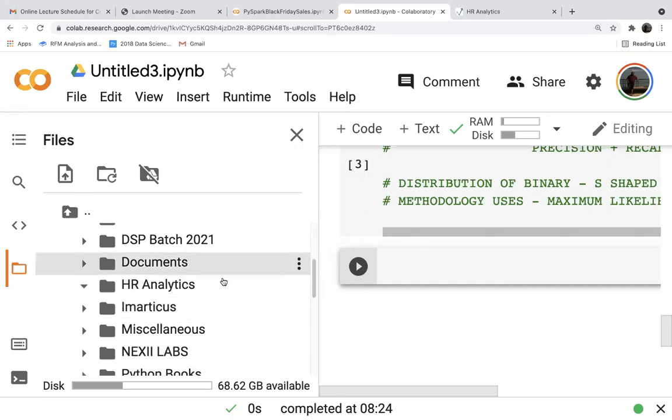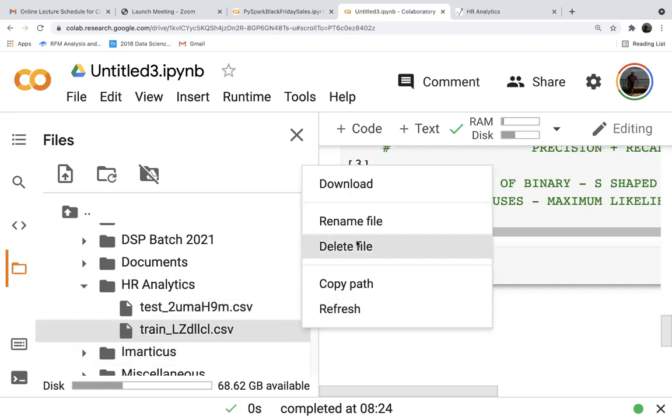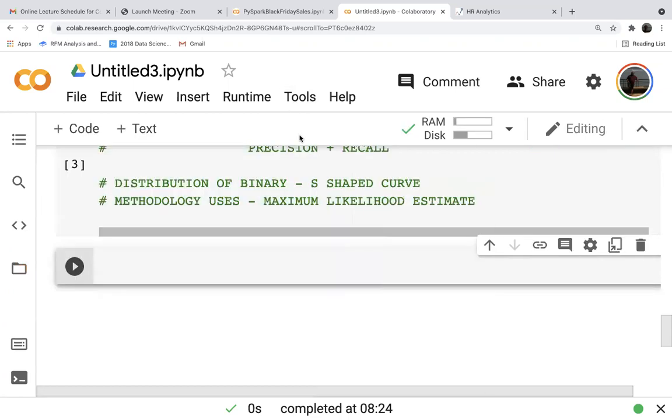So we have uploaded the data. Copy path.